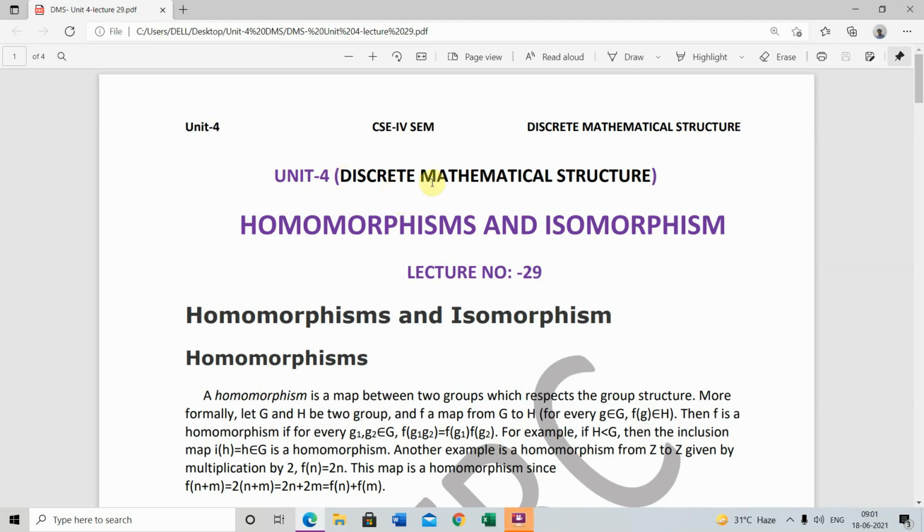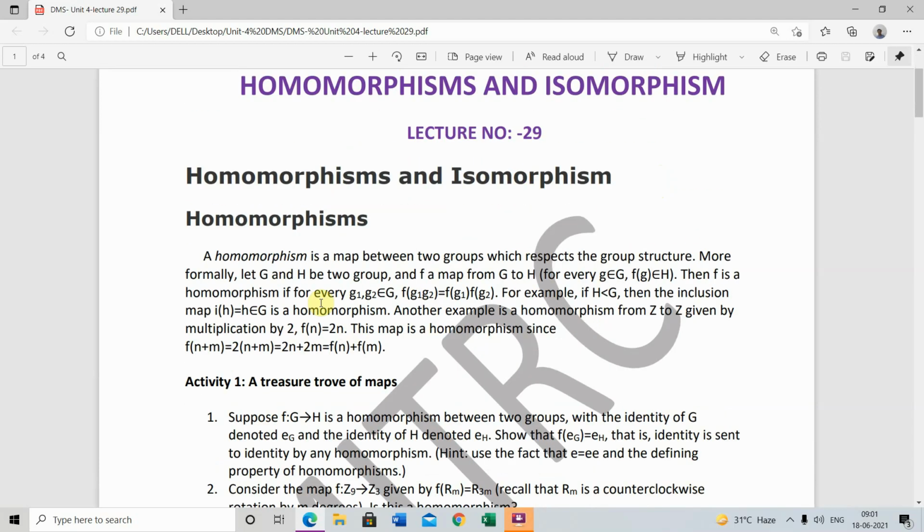हेलो स्टूडेंट, आज हम डिस्क्रीट मैथमेटिकल स्ट्रक्चर यानी डीएमएस में यूनिट नंबर 4 के अंदर लेक्चर नंबर 29 पढ़ेंगे। इसका टॉपिक है होमोमॉर्फिज्म एंड आइसोमॉर्फिज्म। फर्स्ट ऑफ ऑल, होमोमॉर्फिज्म।